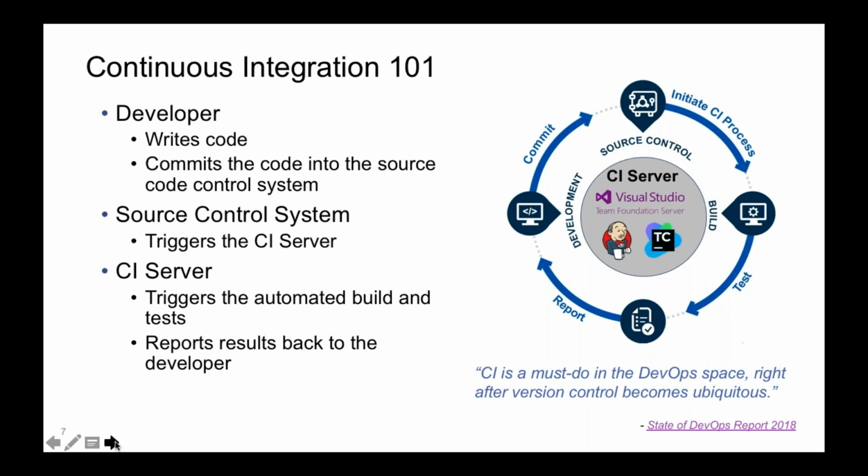Now, the trick is when we say build, they literally mean we're going to compile the code. That means build it, and then we want to get results back to the developer. Did you break the build? Did you have like a syntax error that broke something, or was there a dependency between two things that didn't work? So the continuous integration tends to be very developer specific. Okay? So the next thing is